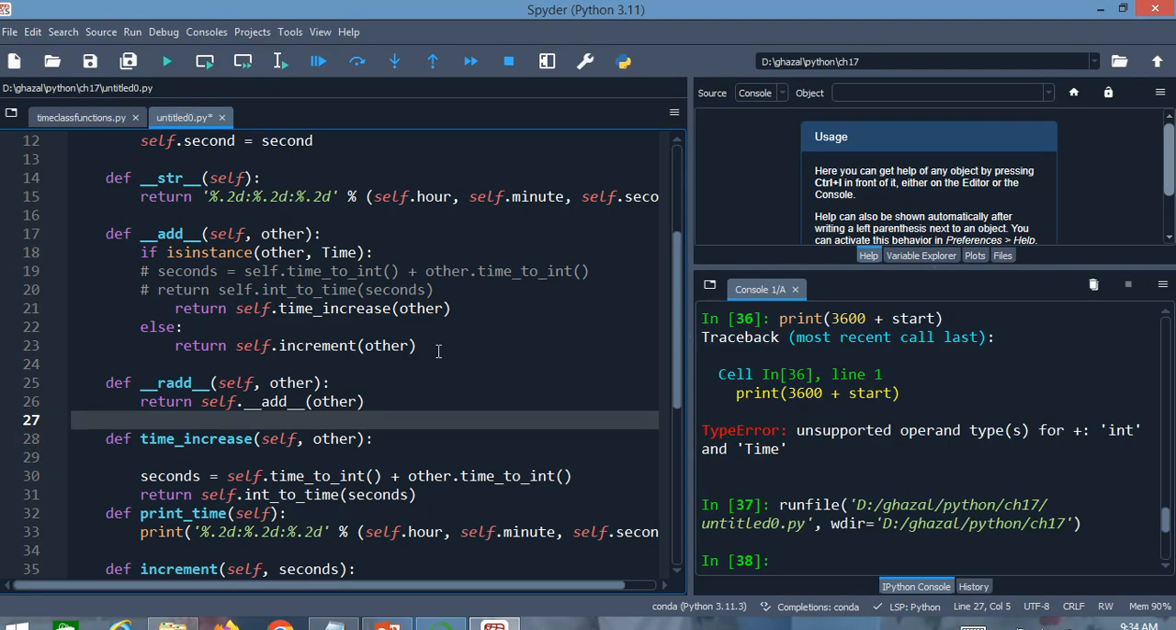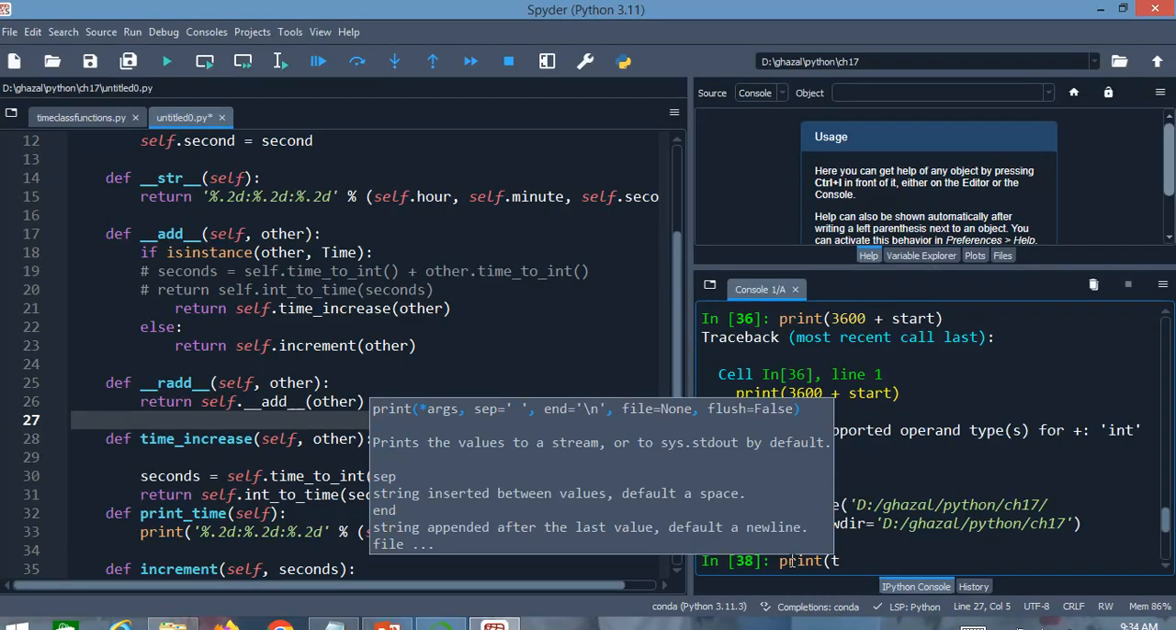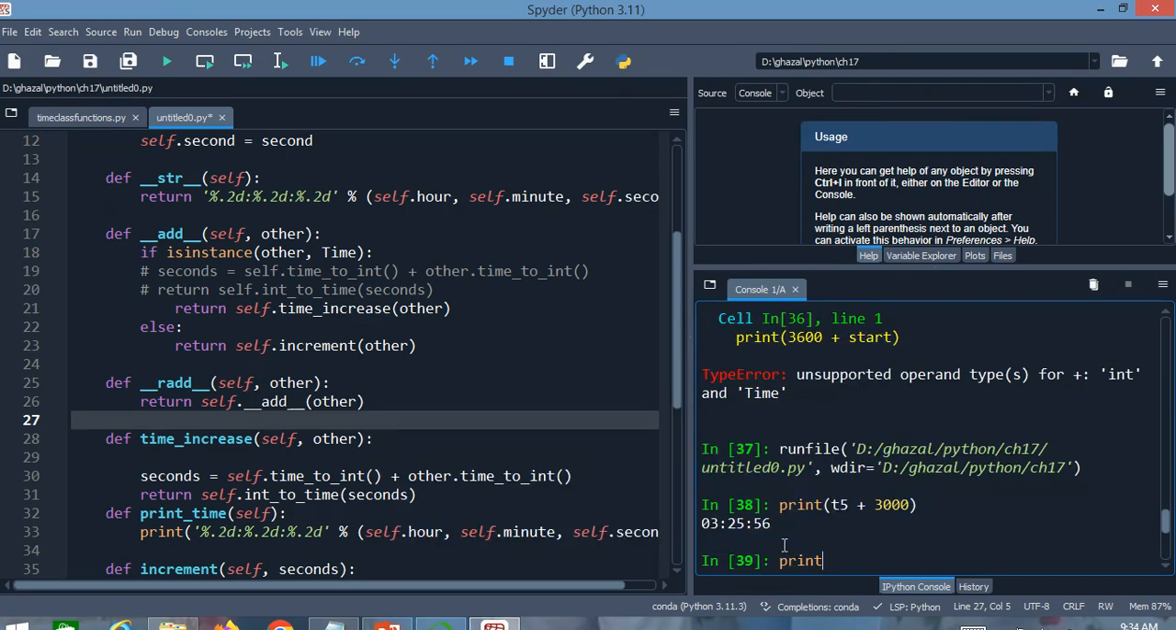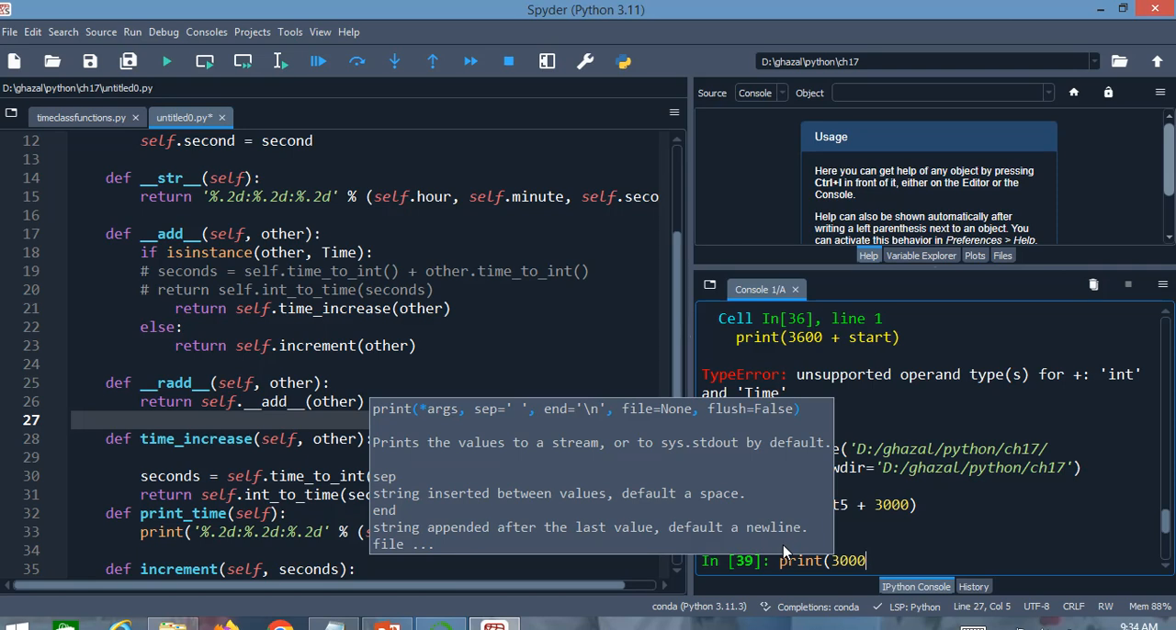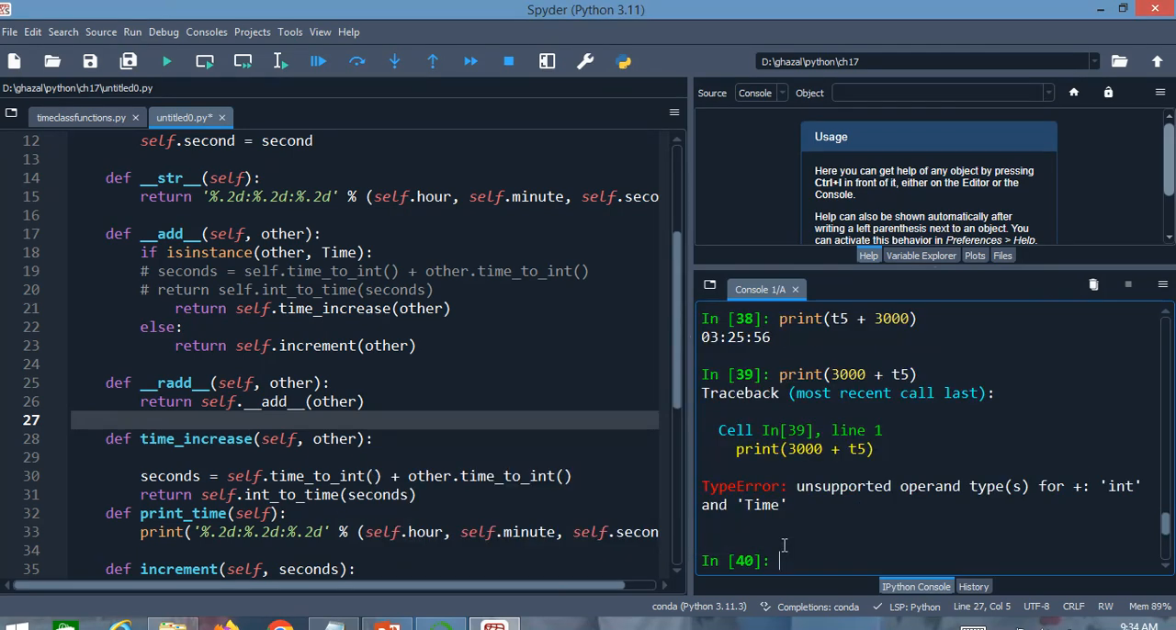Okay, let's press F5. Right side add is related to when the object is put in the right side of the add operation. Another important issue is polymorphism. Let's see an example. Print the same T5 plus 3000. You can see the result. Now print 3000 plus the same T5, and you can see,